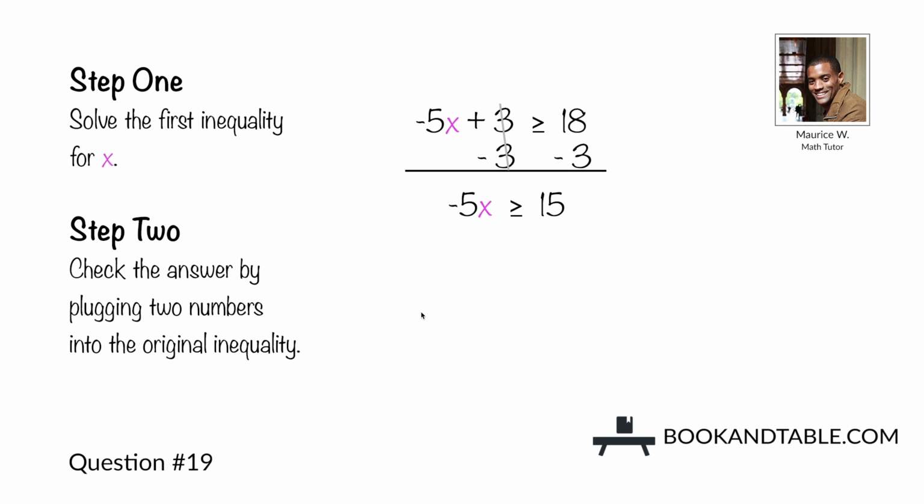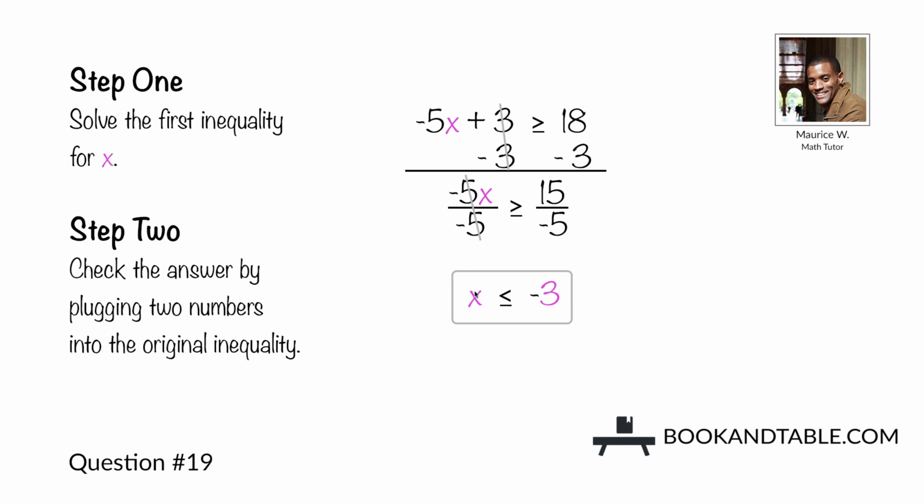Step 1, solve the first inequality for x. Since we want to solve for x here, we first want to remove this constant +3 by subtracting 3 from both sides, leaving you with -5x on the left side and 18 minus 3, which is 15 on the right side. Then we want to get rid of this coefficient, -5, so we divide both sides by -5, giving us